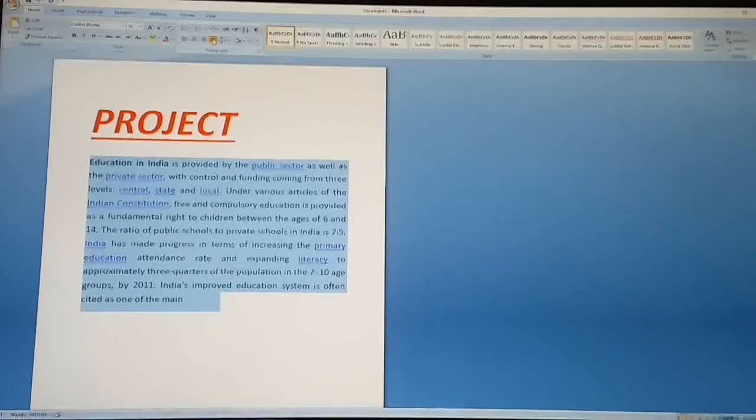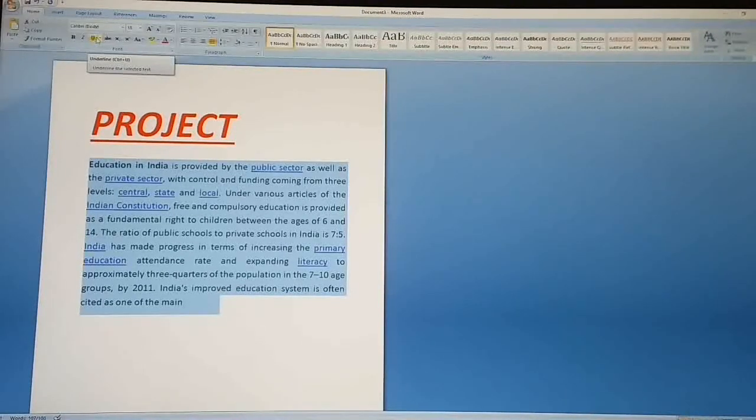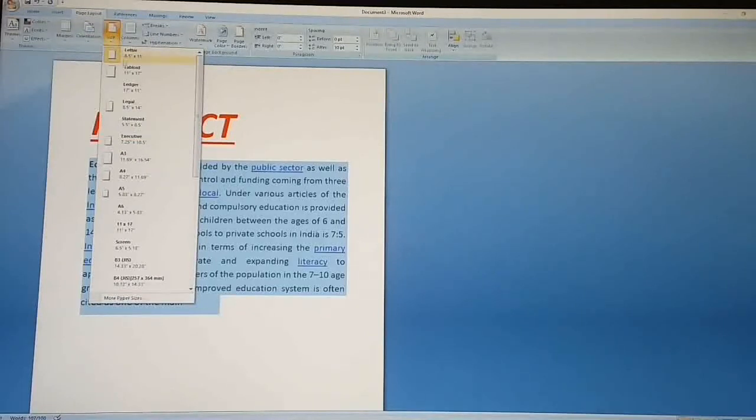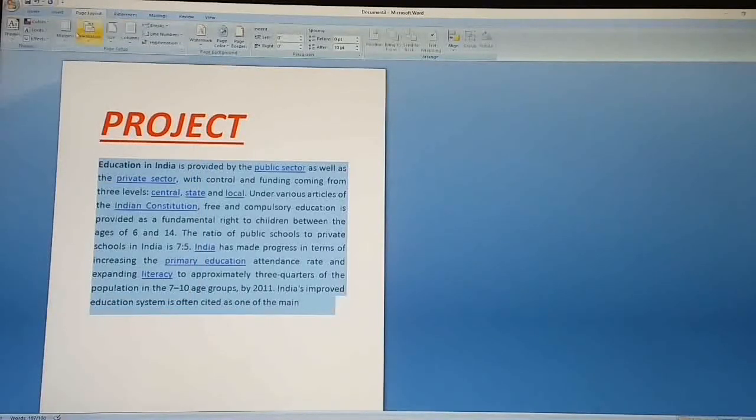Okay, so we can use other features like clicking on the Page Layout option, then page size, just click on A4 size or any size you need, then click on orientation. There are 2 types, one is portrait, another is landscape. If we click portrait, it will come like this.